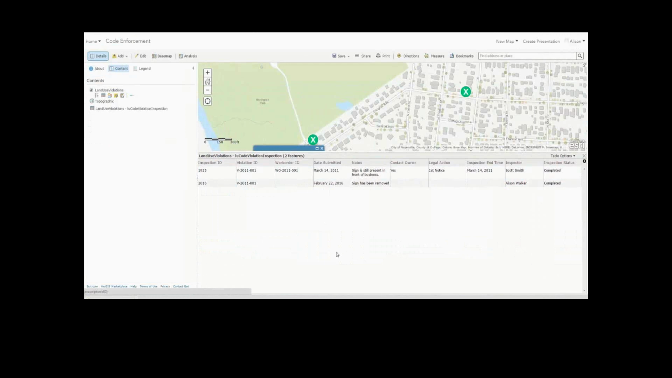Okay, now this doesn't have to only happen in ArcGIS Online. I can view this same information in ArcMap. So if I get out of here and I open up this map in ArcMap,